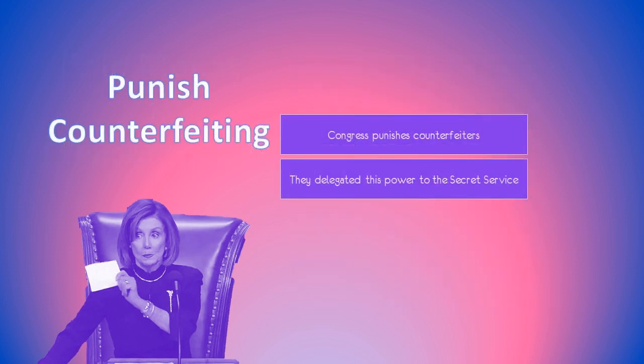So we mentioned only Congress has the power to coin money, meaning only the national government can print money, all that kind of stuff. They also, Congress here is specifically given the job of punishing counterfeiters. So Congress created an organization designed to punish counterfeiters, and this is actually the Secret Service. So the Secret Service's original job was to catch those people counterfeiting money, and only later were different parts of the Secret Service added on to provide a security system for the president's safety and all that. But this is it. Congress punishes people who counterfeit money.